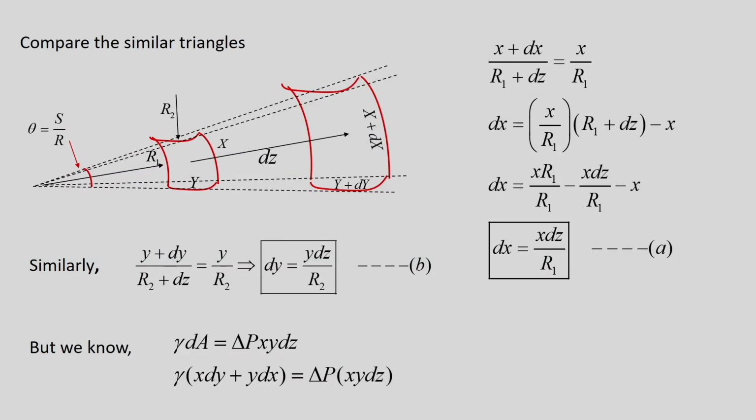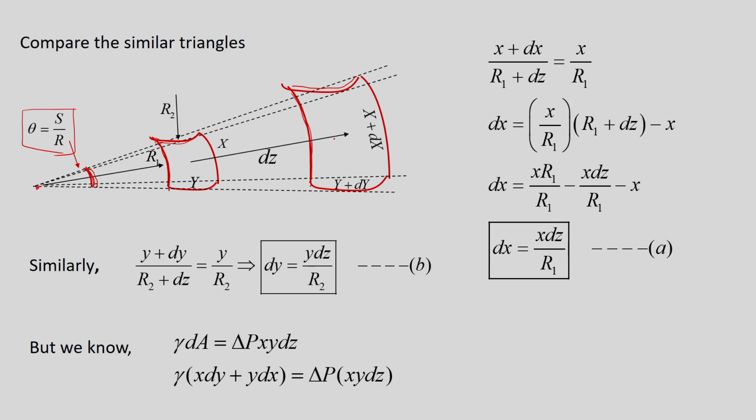Let us see. Now, see at this point, I can say that this angle it has swept is directly proportional to the particular value of this arc. Same way I can also say that this arc length is proportional to this arc length, because it is sweeping the same angle theta. So, I can say theta is nothing but the total arc length divided by the radius. So, it means these two triangles are similar in nature.